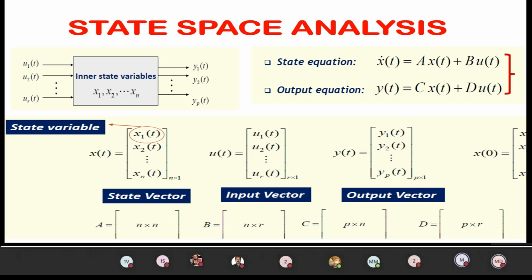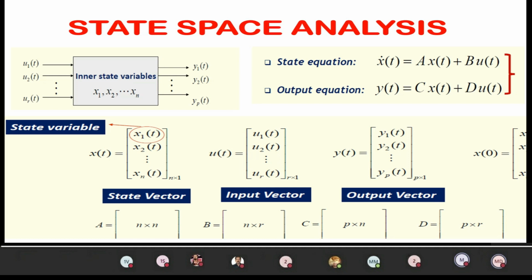In the state space analysis, the system consists of an input variable, an output variable, and the system variable. By varying the input variable and also the system variable, you can obtain the desired output. This is the additional thing done in the state space analysis technique. Not only by varying the input quantity, you can also vary the state variables or system variables, so that you can obtain the desired specifications. All these things are analyzed in the time domain. That is also one important advantage when compared to the traditional method, the transfer function model.